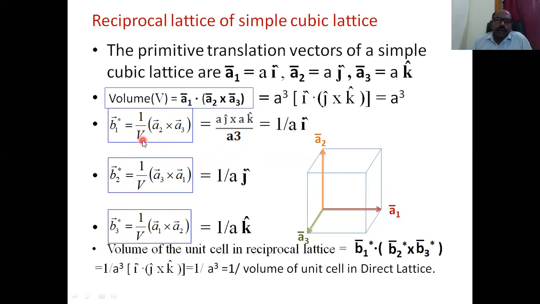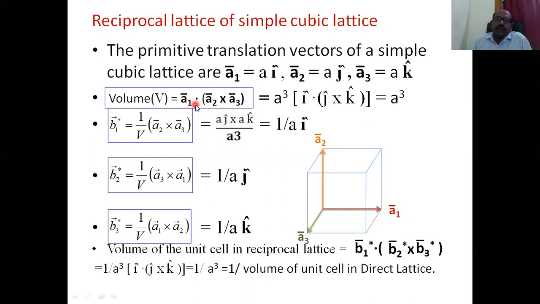Again, at first we have to calculate the volume and keep it aside. So here we are calculating the volume: A1 bar dot product with the bracket of A2 cross product with A3. We call it the scalar triple product, so we get a scalar quantity from these products. Simply, we can calculate this scalar product as the determinant of a 3 by 3 matrix.